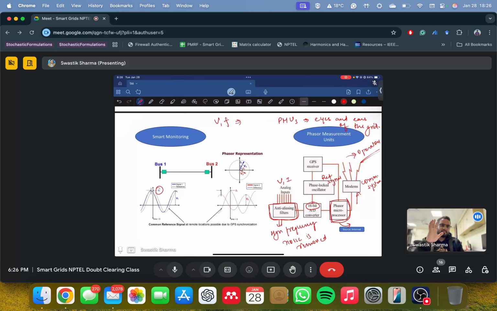So you will know that something has happened to the system over there, and you will want to use sectionalizers to sectionalize those lines, to create sections of those lines, so that the fault does not propagate further down the line. So phasor measurement units play a role in that sense. That's why I called them the eyes and ears of the grid, because you don't have to be physically present over there to see what is happening in real life.